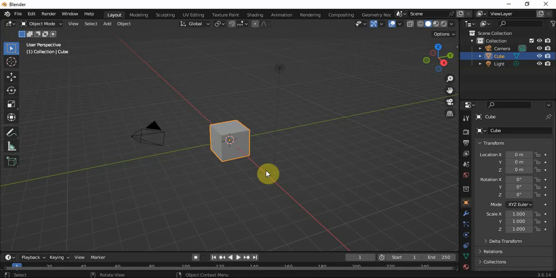This is ArgosCreatives. In today's tutorial I want to show you how to make your object react to music in Blender. It's super simple. I just want you to pay attention so that as I take you step by step, you can